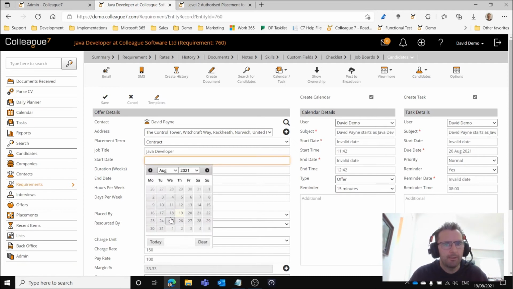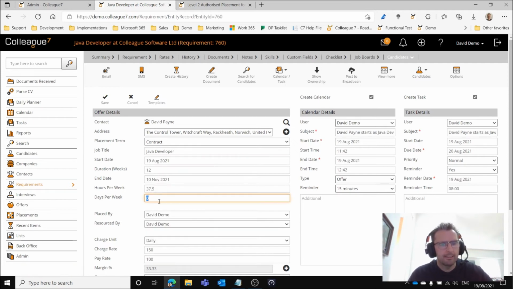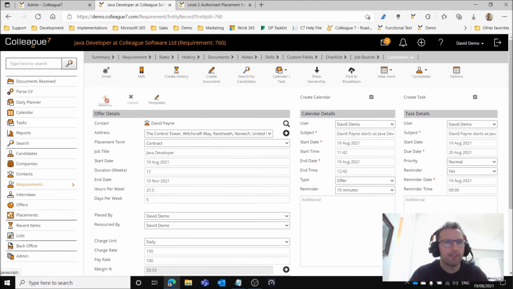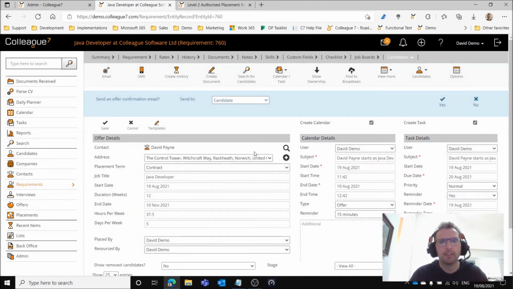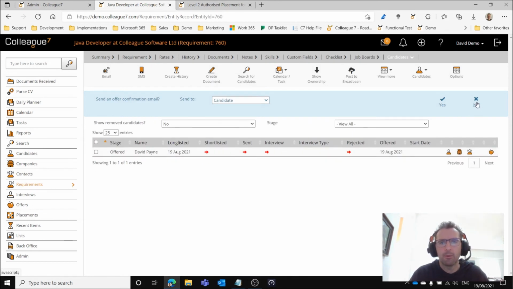PO. If I put a start date in here, a day per week, and then if I just hit save there, that will create our offer, create our calendar and task. I won't worry about sending